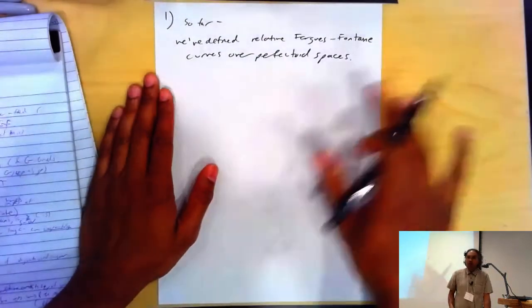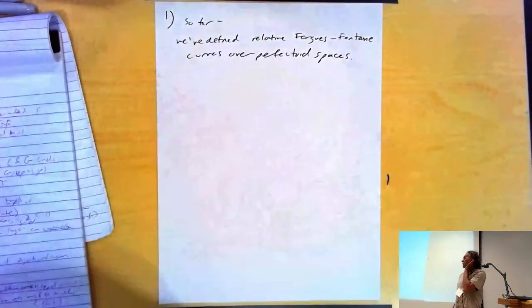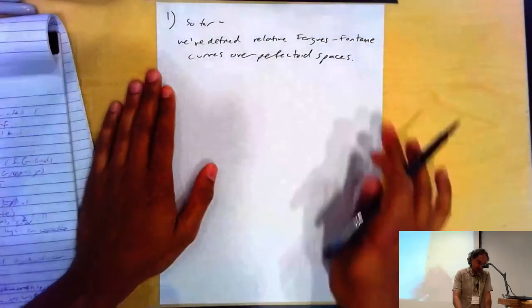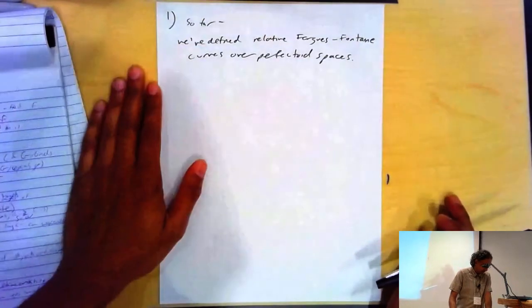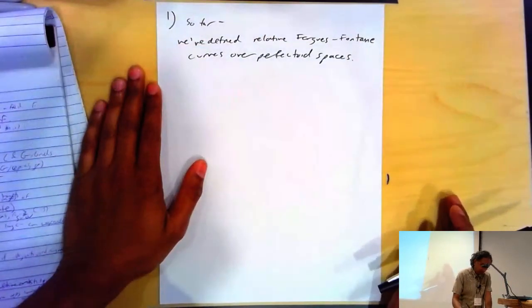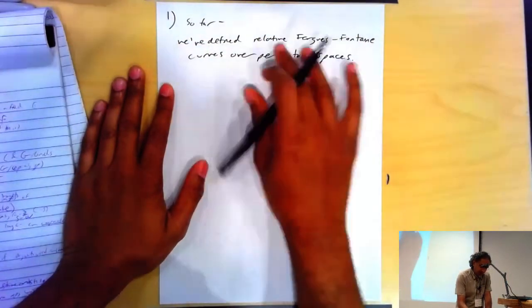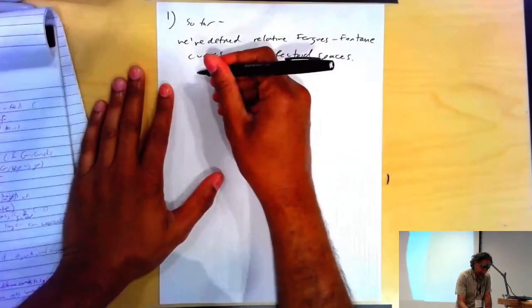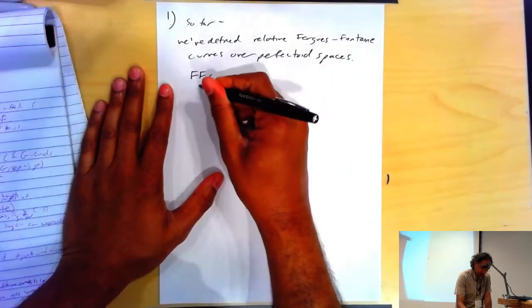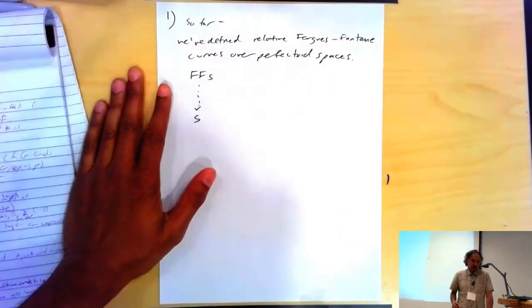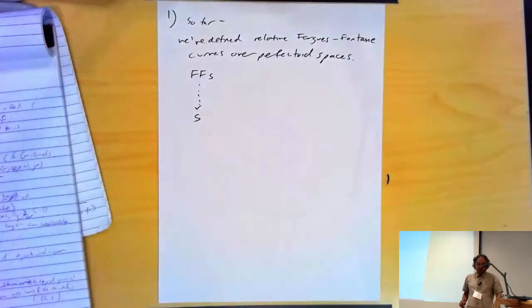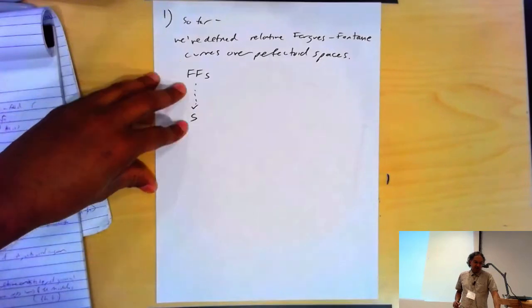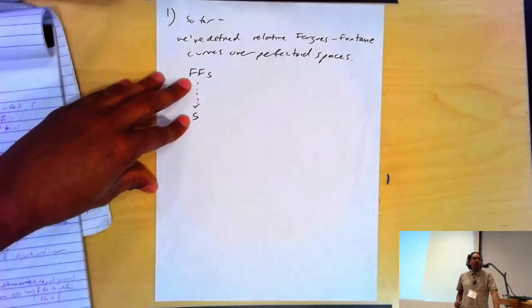I'll continue to talk about it over an affinoid perfectoid base, but we do have a definition that makes sense that sheafifies, if you want. It glues. So we have this object, Farg Fontaine, over a perfectoid base, which has some kind of a projection map at the level of topological spaces,